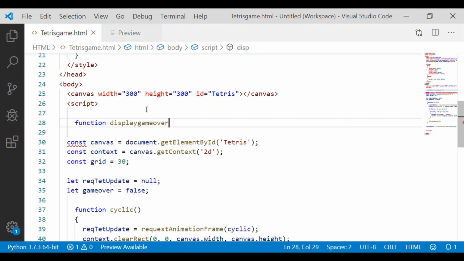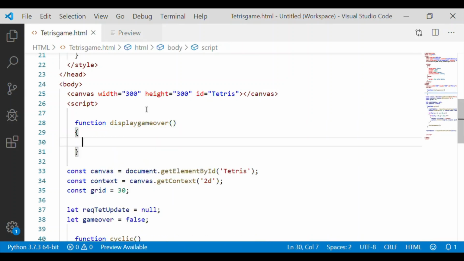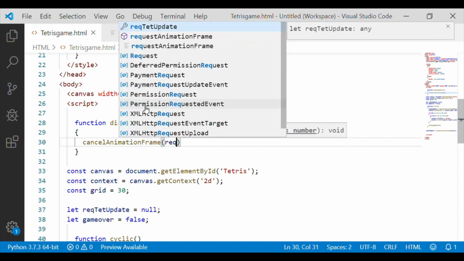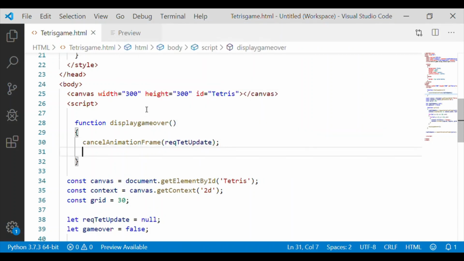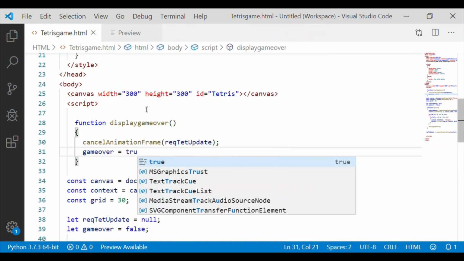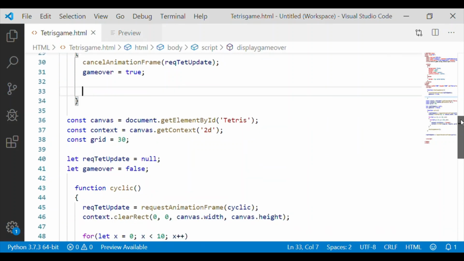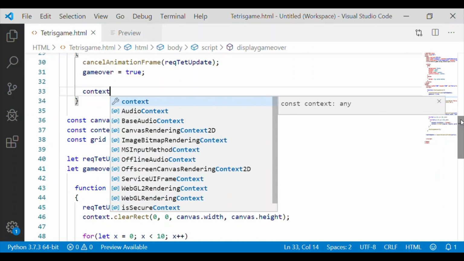This display game over will be called when the game is over and we want to display the text game over at the center of our canvas. The first function I call is to cancel the animation frame, which will be called periodically to update our canvas, and let us also update the variable game over to true.